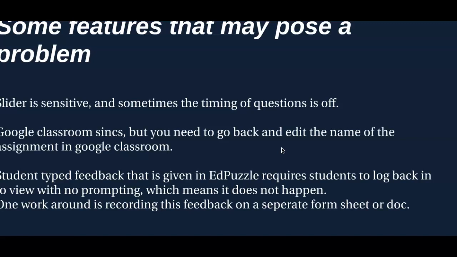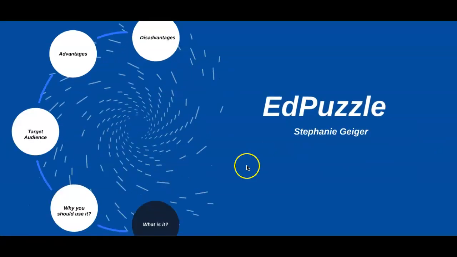And then student feedback that I type into EdPuzzle is never seen. My students would need to go back into the EdPuzzle app, into that assignment, and look at the feedback. And unless I prompt them to do that, it's not going to happen. So I get around this by writing feedback to my students on either a form where I have the questions printed out for myself and I can write feedback to them, or I write holistic feedback and then conference with students. So that's just another way to get around those disadvantages. Overall, though, I highly recommend EdPuzzle, and I hope